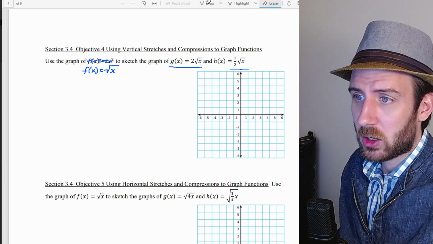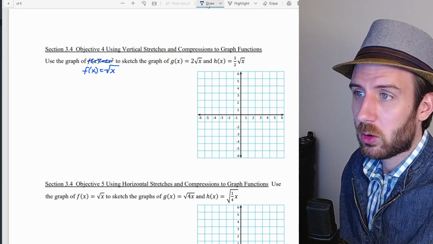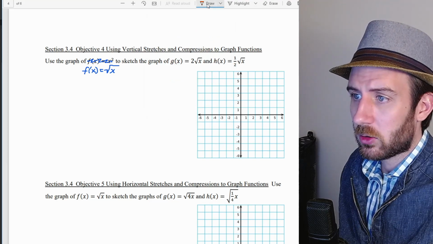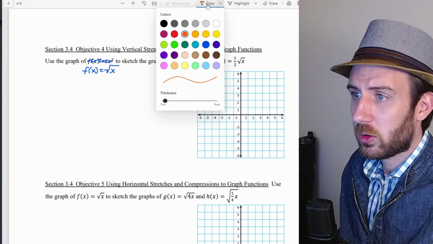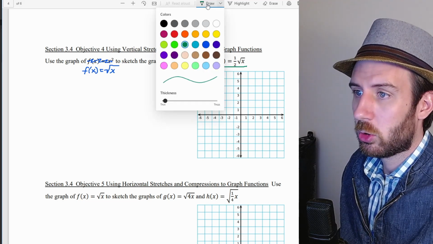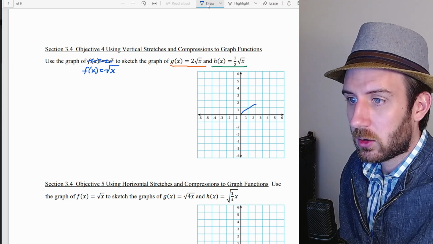So maybe I'll make this a different color. We'll start with blue, then the next one will be orange, and then maybe we'll do green, I think. So let's make this one orange for our picture, and we'll do this one green for our picture. Okay, so the first thing for blue, the square root of x graph. Square root of x graph, again, is going to be just like this,